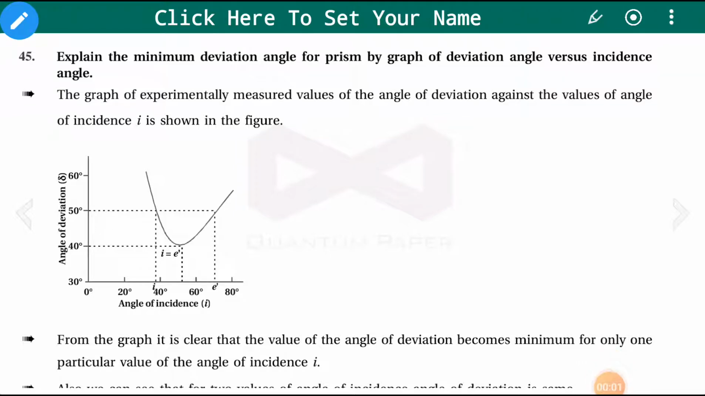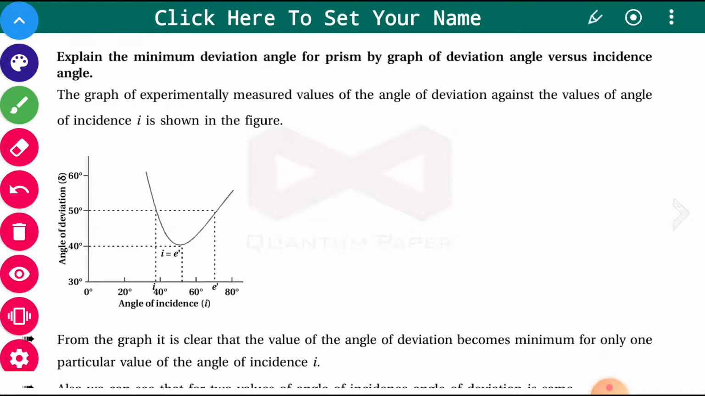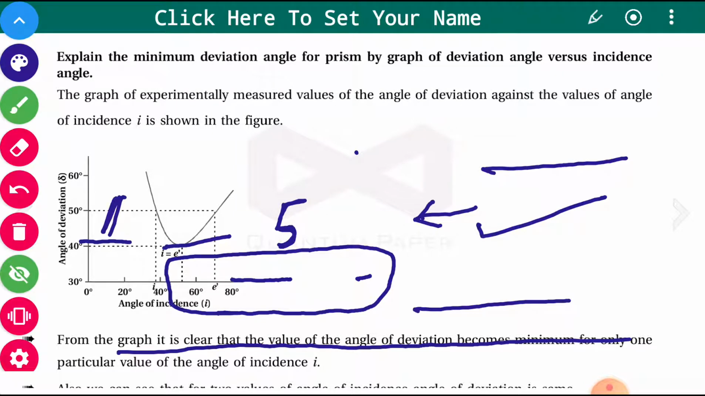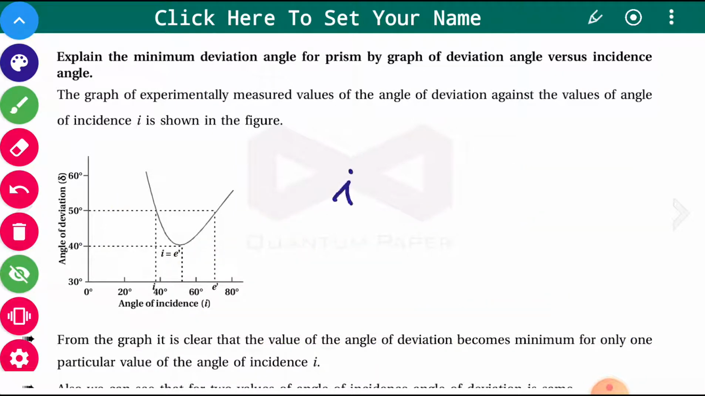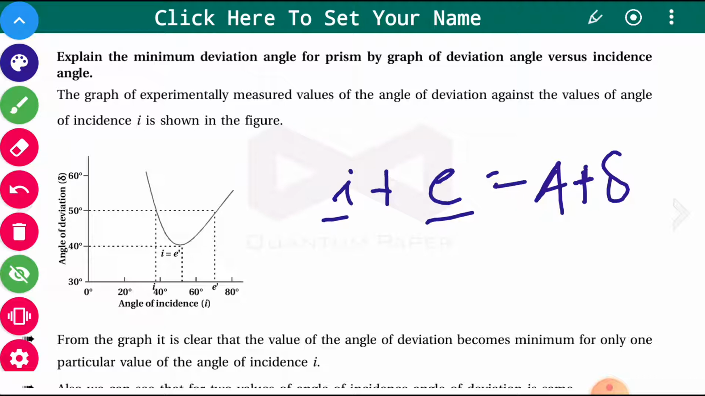We have discussed the equation I plus E is equal to A plus delta for the prism. That is the relationship between angle of incidence, angle of emergence, angle of prism, and angle of deviation. Now,